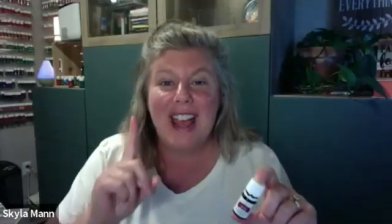So I have the pleasure of visiting with you about one of Young Living's, gosh, I just want to say one of their pillar products, honestly. This is a blend of oils called Thieves. And I have actually met multiple people who, when I was introducing them to what I did for a living, would say, "Oh, I've never heard of Young Living." And I would share a little bit. And when they heard the word Thieves, they said, "Oh, we don't know what Young Living is, but boy, do